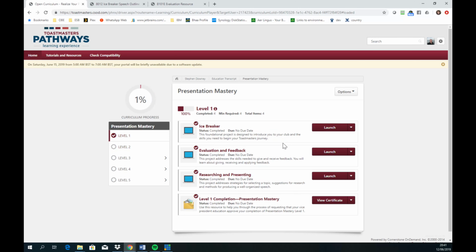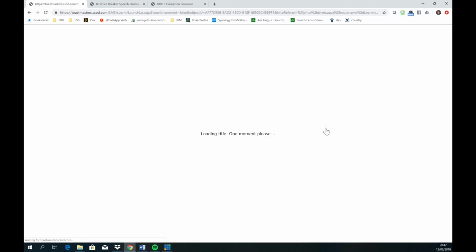So if I go back up to Icebreaker, this is the first speech, and it's an absolute carbon copy of the speech and objectives that you'd have from the Competent Communicator. This is an introduction to you, from you to your club, and it's about getting the confidence of just standing up in front of people and giving a 4 to 6 minute speech. If I launch the program for this,